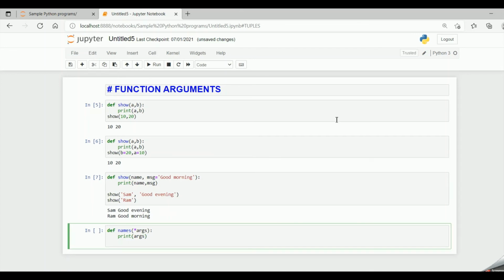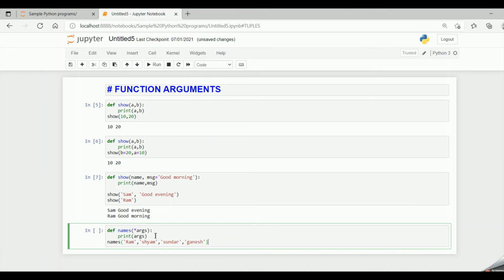And now let me call my function with names Ram, Shyam, Sundar, Ganesh. So I am passing four values from the function call, and in the function definition it is capturing them in one variable, that is star args. So it is taking it in one variable.